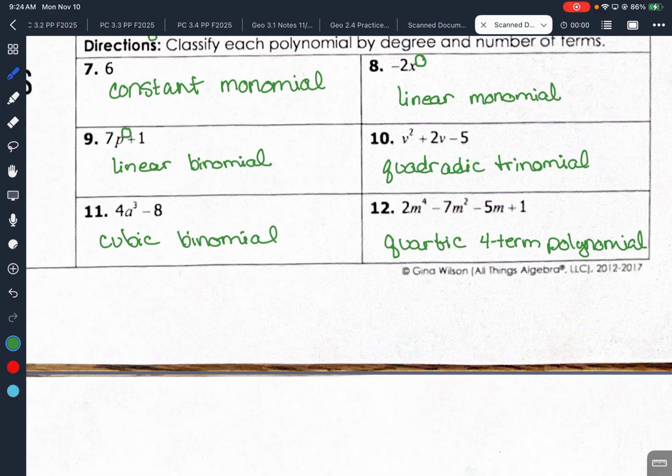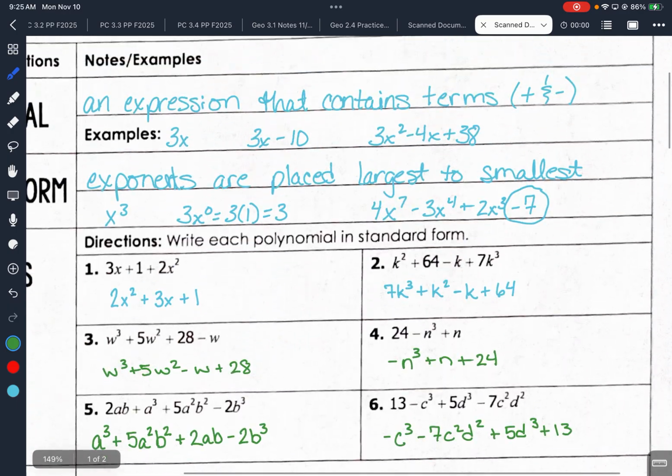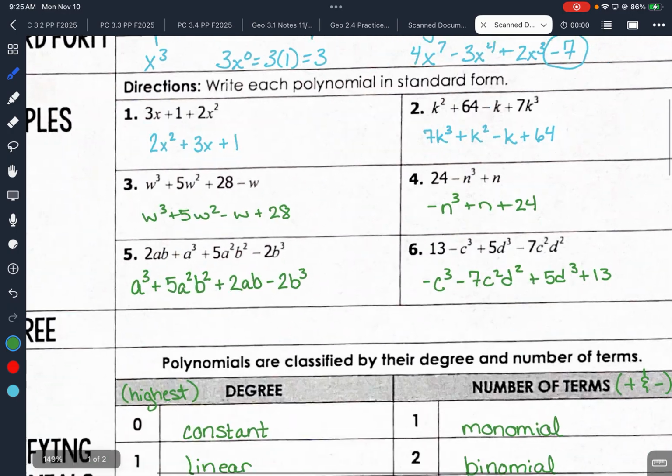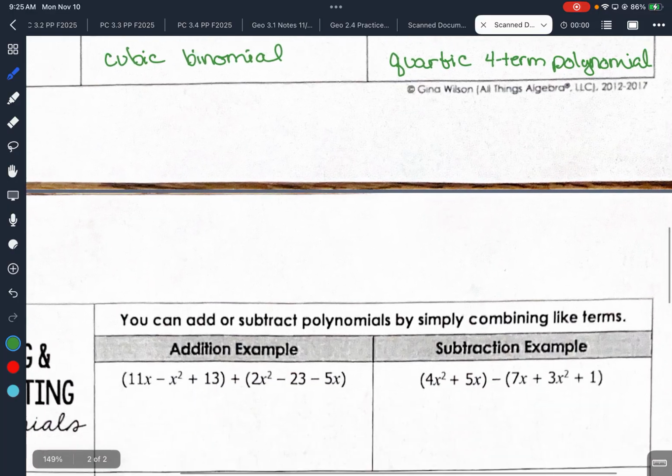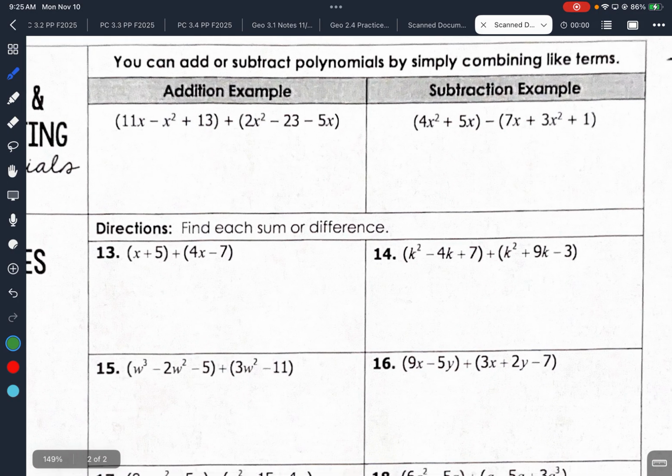Okay, so do you have a quadratic trinomial, cubic binomial, and a quartic 4-term polynomial? Yes. Good. Questions? Okay, so nitty gritty, that was just review. That's nice stuff that you've been working on forever and a day, right? So now we're going to still kind of do that, but we're going to go into what we're really going